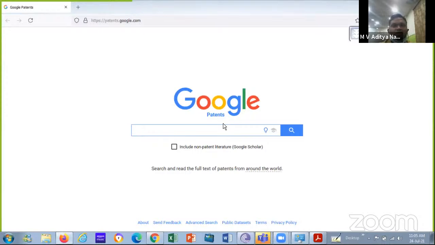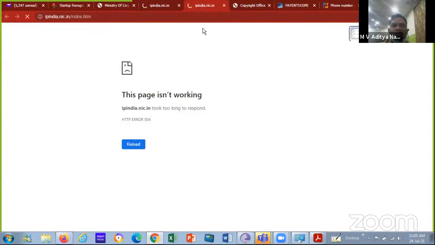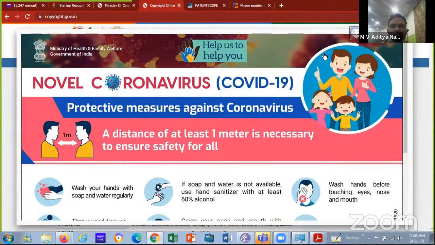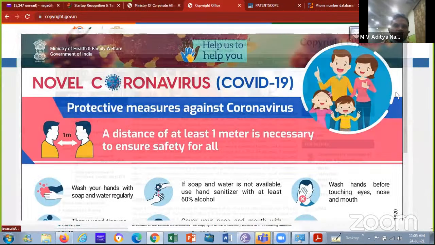Okay, these are the different types of platforms which are available: googlepatents.com, or you can go for Indian Patent Search, or freepatentonline.com. These are the different types of free patent platforms in the market, and you can try to file patents